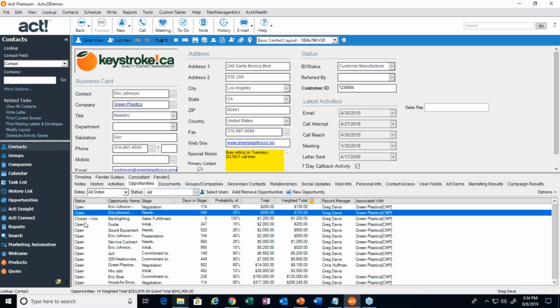But these open ones are still in the works. Eric looks like he's looking to buy a lot of stuff from us. So someone will be tracking those opportunities and working with Eric on them, working through the opportunity stages and getting the sale done. So this was designed to track sales and help you build pipelines in Act and do reporting